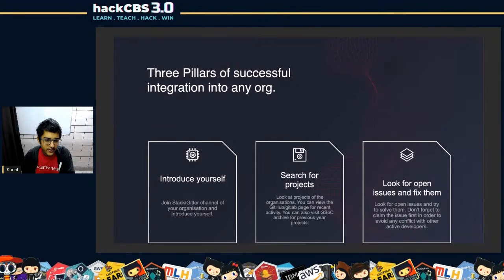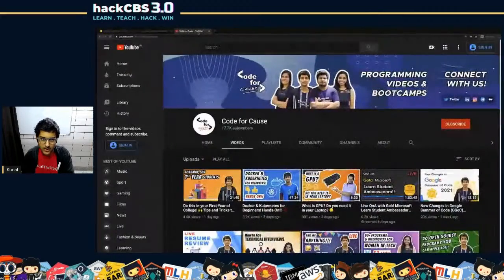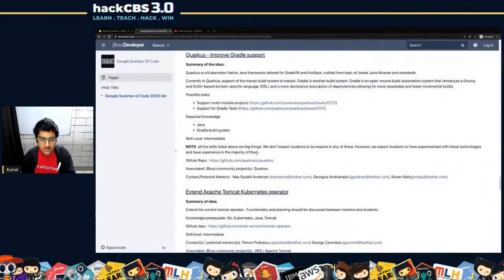Introduce yourself on the Gitter or Slack channel, search for projects, look for open issues. This is something we already covered, search for projects. When I showed you the ideas list, if you go to this GitHub repository that is given,